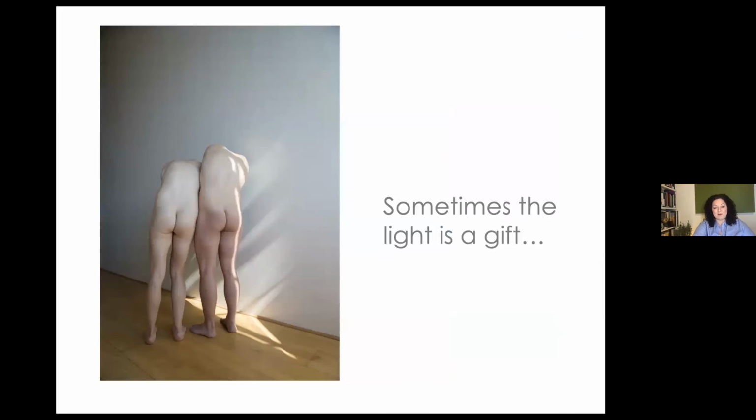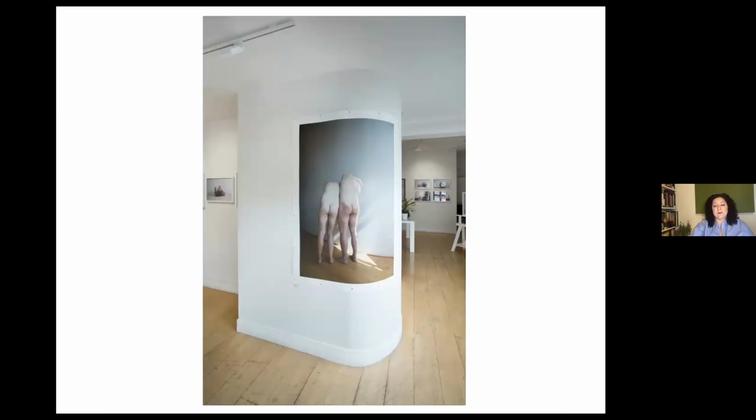So this one, even though it's not my favorite image, the minute I saw it, I knew exactly where it was going. And the space that the show was in, the entire right side of the room was just windows. So this was on this wonderful curved wall, and people kept standing in front of it to see if their shadow was going to change the light on the picture, which of course it wasn't, because it was on the picture.